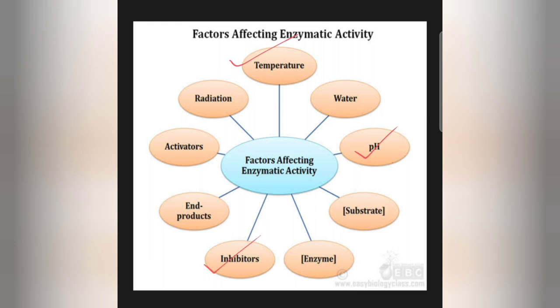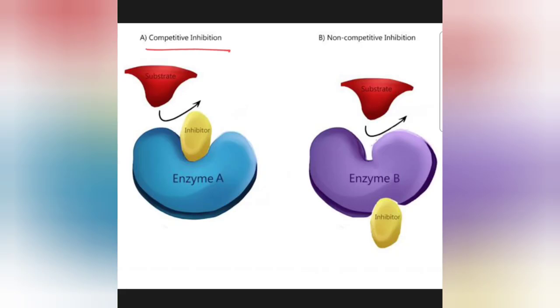Then we are going to talk about inhibitors. So this is number 1, this is number 2, this is number 3, inhibitors. Now how do inhibitors work? To explain the effect of inhibitors on enzymes, we are going to learn about 2 types of inhibitors. Previously, under allosterism, you learned what inhibitors are. They inhibit the binding of the substrate with the enzyme by bringing about changes in the active site. Inhibitors are also of 2 types, one which performs competitive inhibition and the second one which performs non-competitive inhibition.